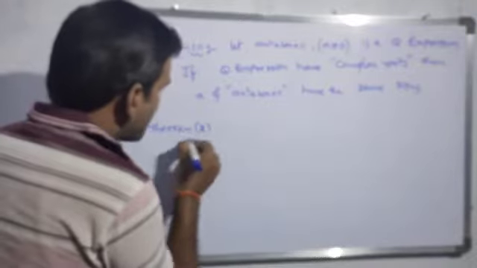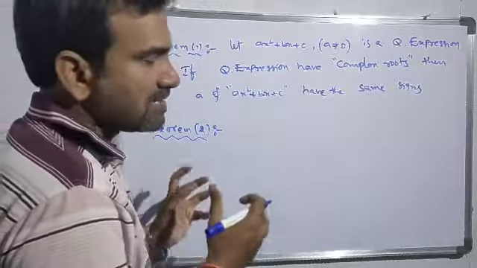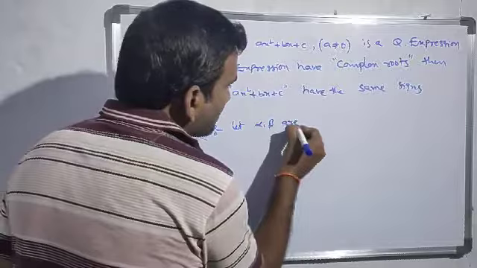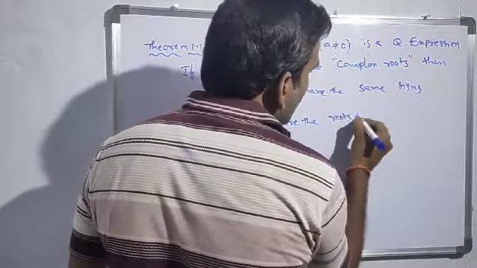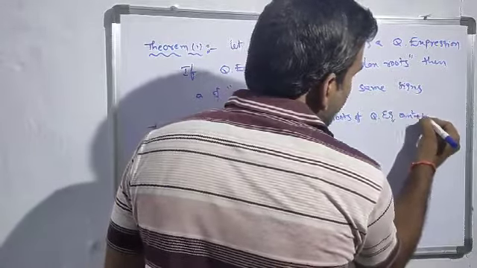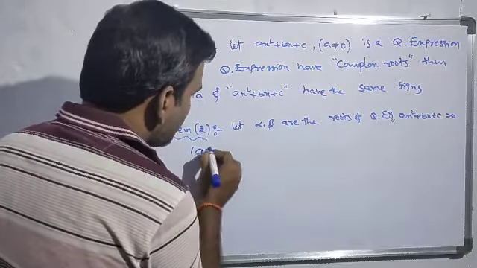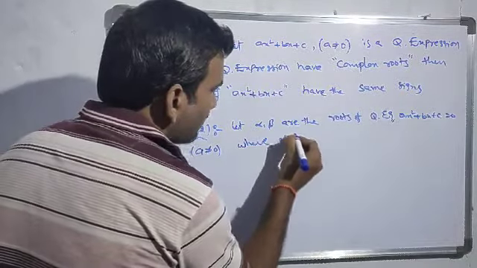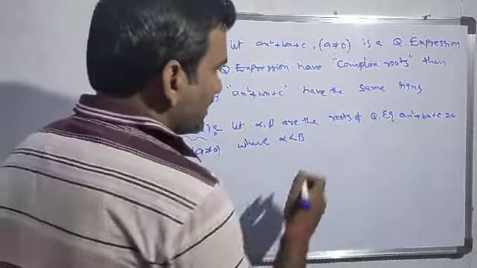Second theorem. We use these contents in solving the problems. Let alpha, beta be the roots of the quadratic equation ax² + bx + c = 0, where a not equal to 0, and alpha less than beta, that means both are not equal. Then